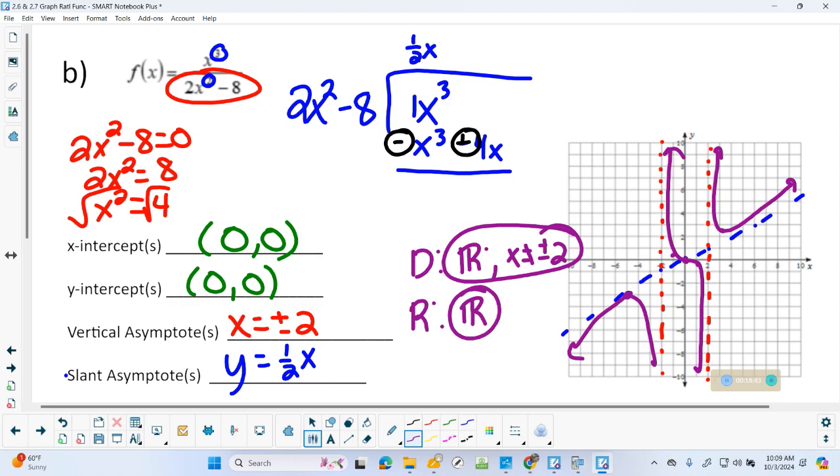Got it. Okay. Any questions on that? Are they all that hard for the slants? No. But you're going to do one kind of tricky one, right? Okay. So, I